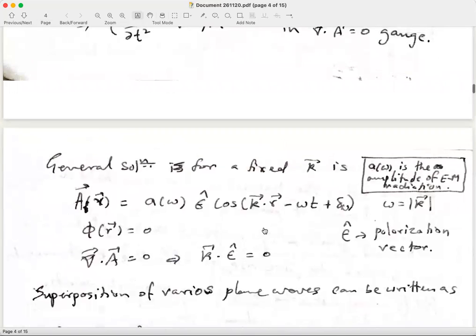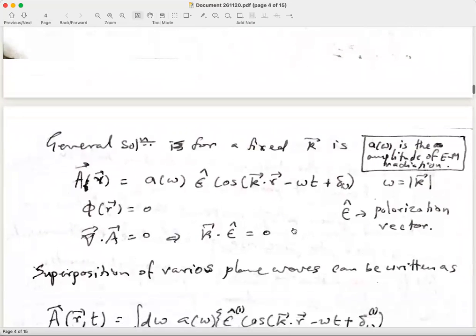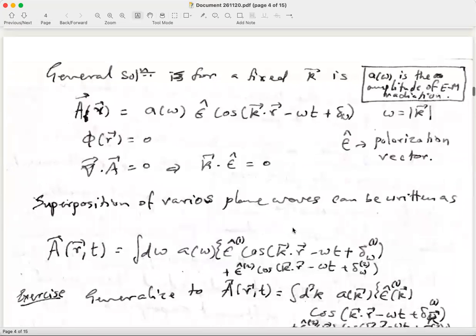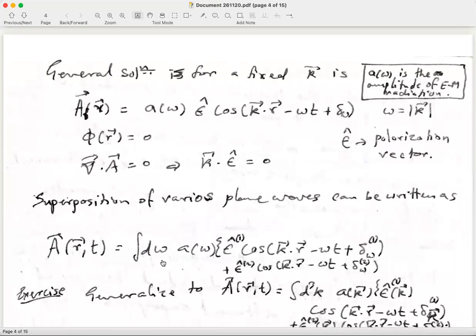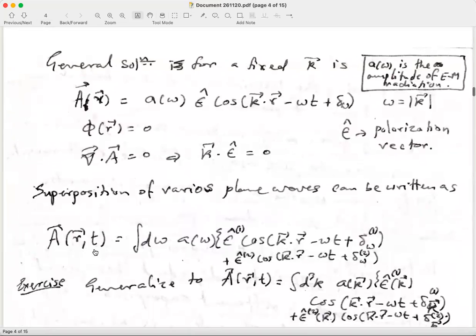Okay, now of course what we are interested in is not some kind of monochromatic solution. This solution would correspond to a monochromatic wave because it has a fixed k and a fixed omega. But what we are looking at is some kind of electromagnetic radiation with some spread in momentum and energy. So what we would write down is something like A as a function of r and t as integral d omega A omega times